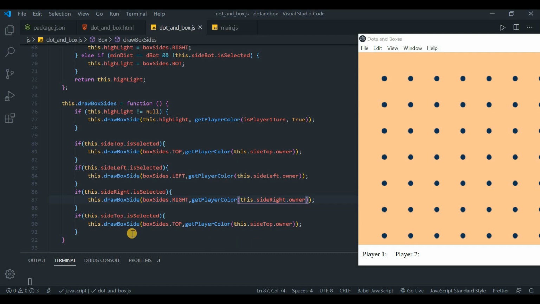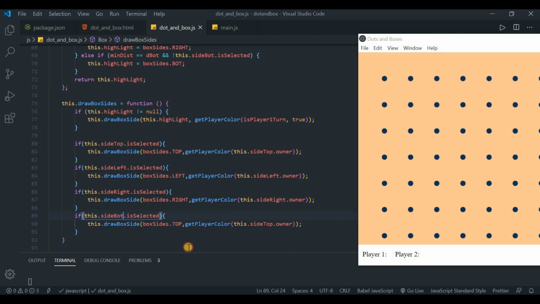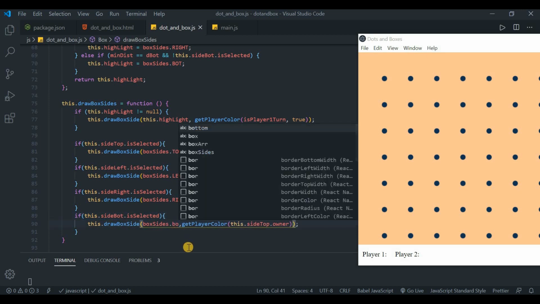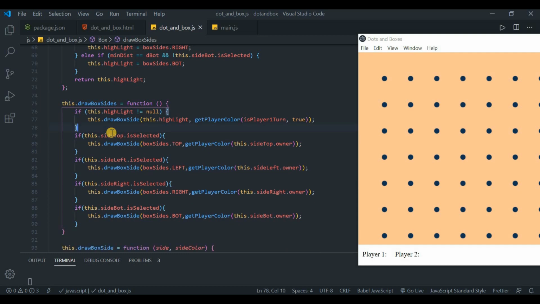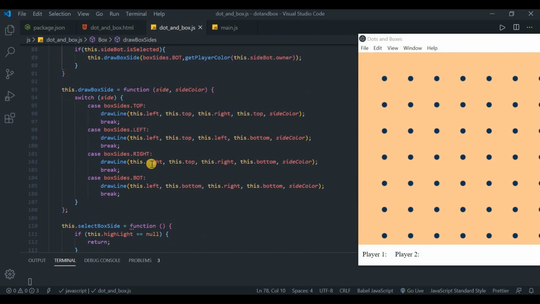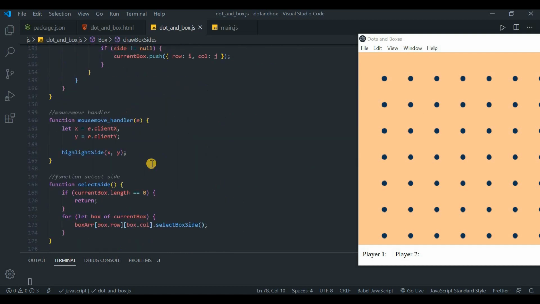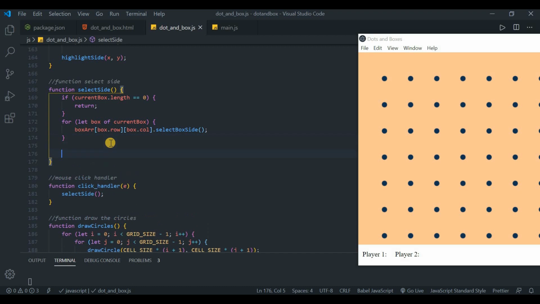And then when it is bottom, then it is bottom, and the color will be the owner of the bottom side. Okay, yeah, we did. So let's check if it is working fine. So we'll go inside our select side function here. Once we have selected, let's set this back current box to